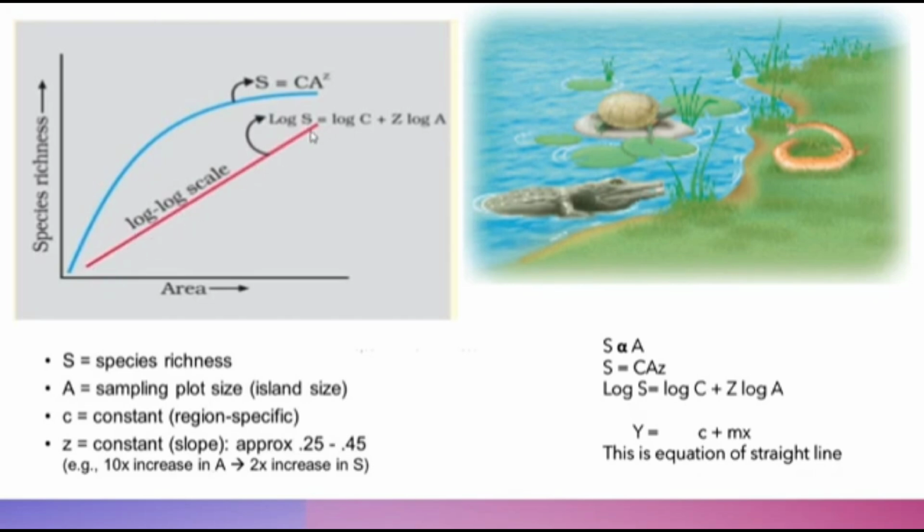But this is not possible in nature. The species cannot keep on increasing as the land area increases. It is this way, the hyperbola that we are getting here, that is the way nature is acting. After a certain limit, it will come to an equilibrium state, maybe due to the limited source of food availability for the organism, or it may be due to natural calamities or any other reason. It will come to an equilibrium state. This is how we can represent the species-area relationship.